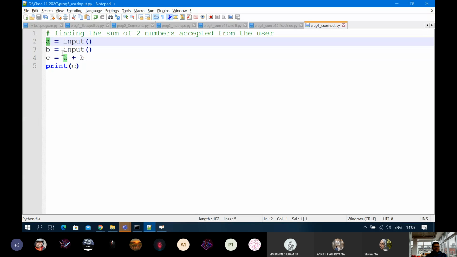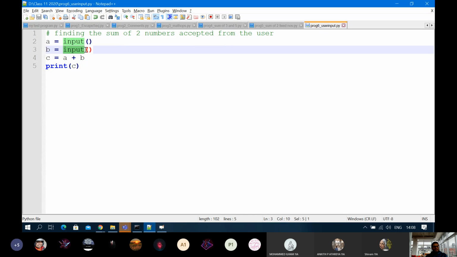Then it came to line number 3. Input is again asking for a value. The moment you provide the value, that value will be replaced in this expression in place of input, and then in the RAM, one of the available memory locations will be allocated. There that value will be put, and then the label B will be attached.